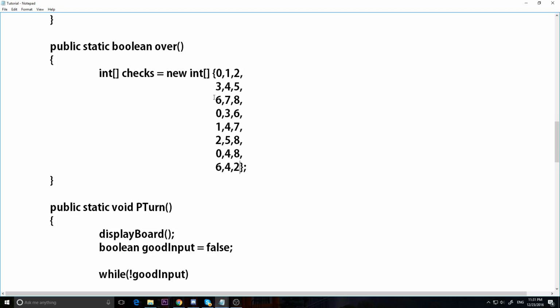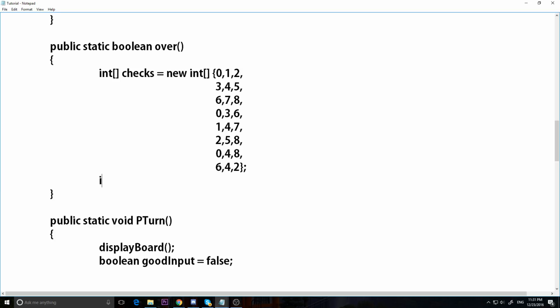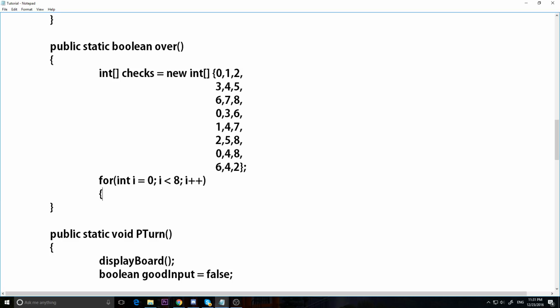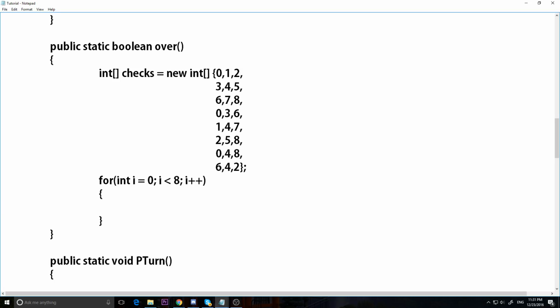Now, how can we actually use this number array to check if we win? What I'm going to do is say if, right? All right, now we have our board, and I'm going to say if board and checks. Let's do a for loop here, right? I'm going to make a for loop, and i equals 0. Now i is less than, how many checks do we have here? We have 1, 2, 3, 4, 5, 6, 7, 8. So I want to do 8 iterations. So we're going to go through 8, i++. We have 8 things that we have to check. Now, I'm going to check them. If,